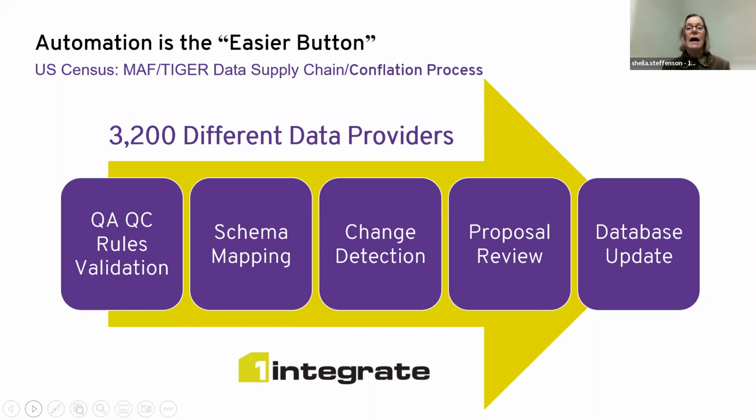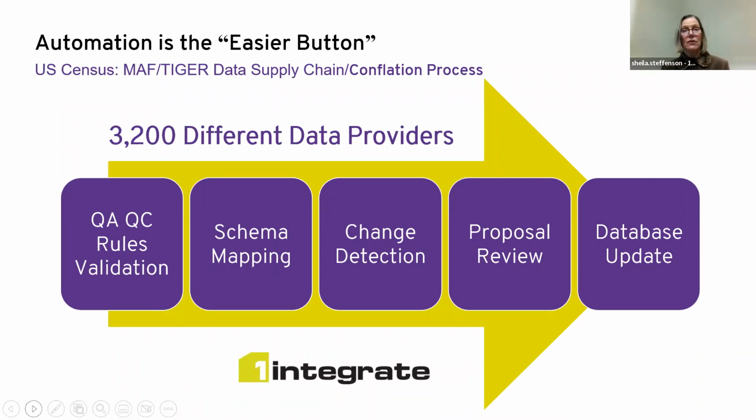And the way it got updated historically was taking in data from some 3,200 different data providers, and it was a mostly manual process. So if you can imagine trying to keep a national database up to date from all this data coming from all these different directions, that is a huge undertaking. And of course, they were never fully up to date because you just couldn't stay on top of that. I can't imagine the number of bodies you'd need to throw at that in order to handle it.